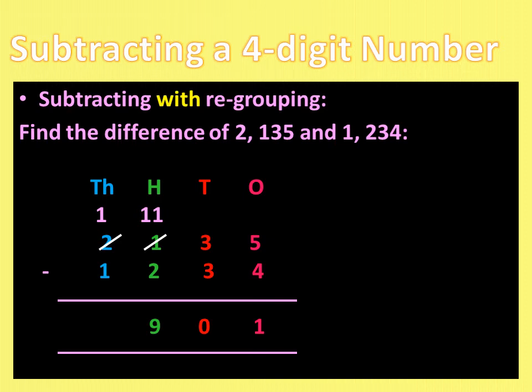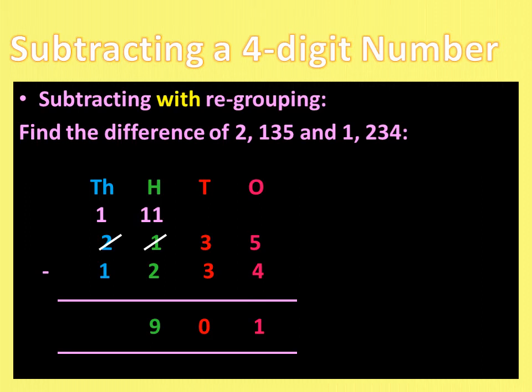But in some questions we know that there is a need for regrouping the numbers. Regrouping the number means again borrowing some numbers. For example, in this case, when we start subtracting from ones, 5 minus 4 is 1, so we simply write 1. 3 minus 3 is 0, we simply write 0. But we know we can't subtract 2 from 1 at hundreds place. So it's definite that one will have to borrow, and one will borrow from the digit lying in its left side or at higher place in its immediate left.